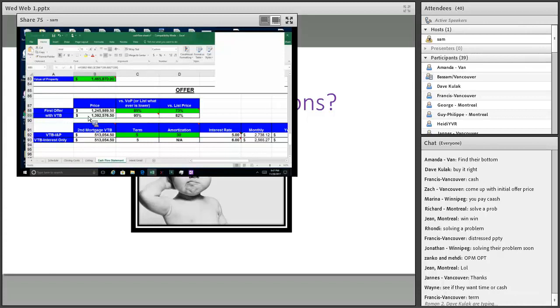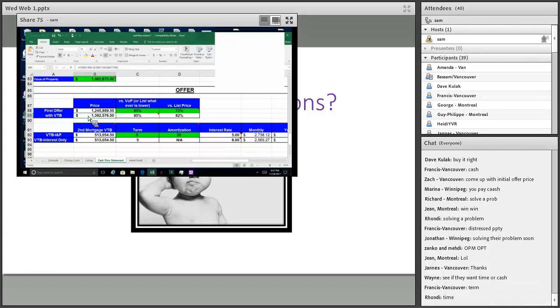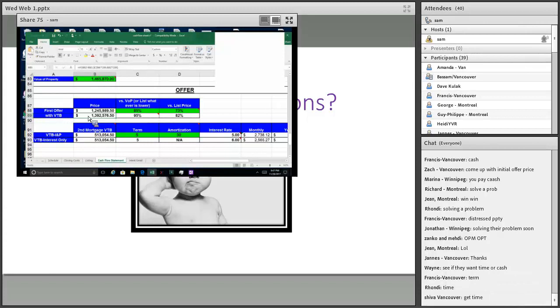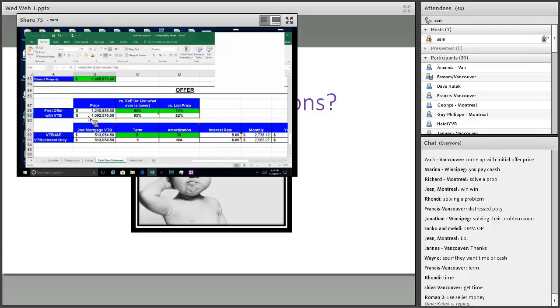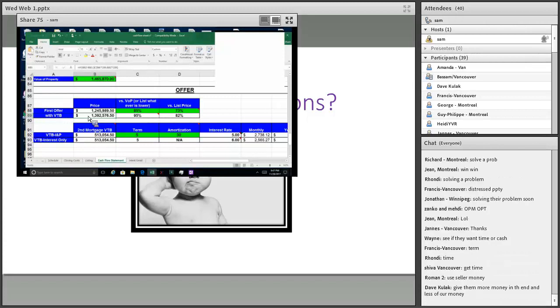Why do we want, if they want time or cash, that's absolutely right. We're looking for time or cash. We're saying if you want time, no problem, we'll pay you cash. We want a discounted price. If they want money, we'll pay you more. We'll pay you more. We're just going to ask you to give us more time to pay it, right? That's the art of our negotiation style.